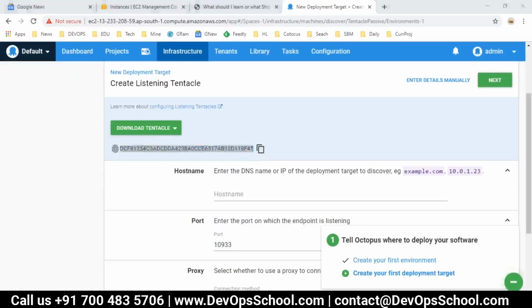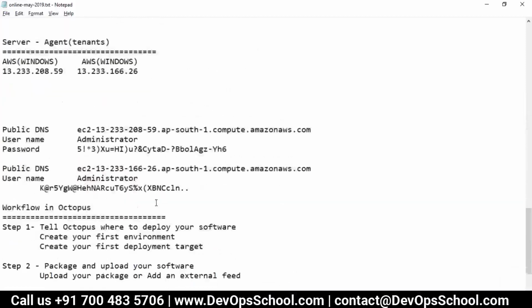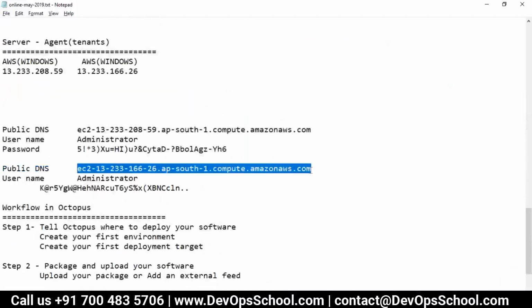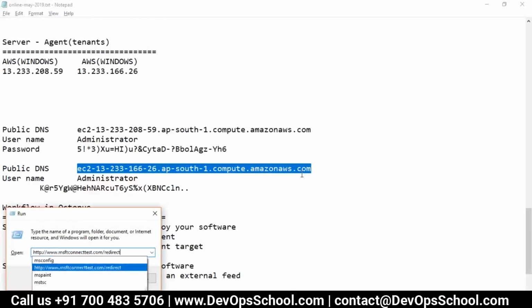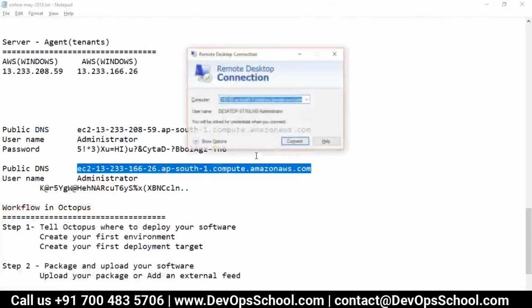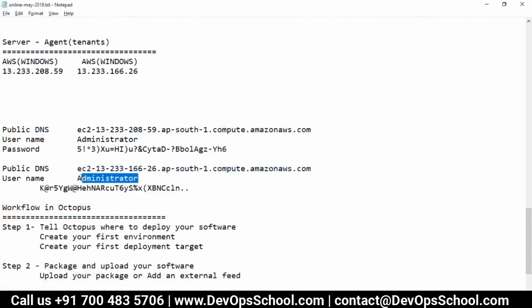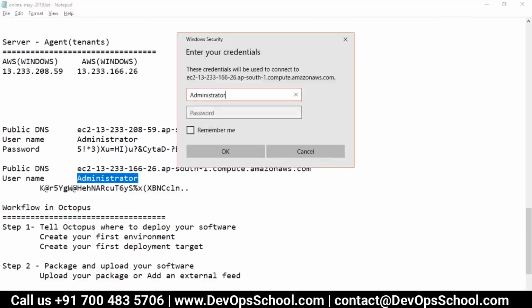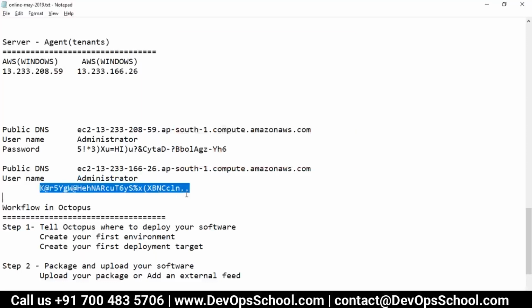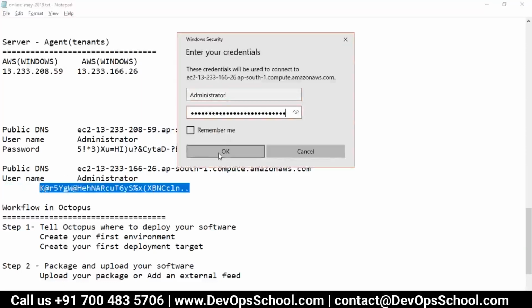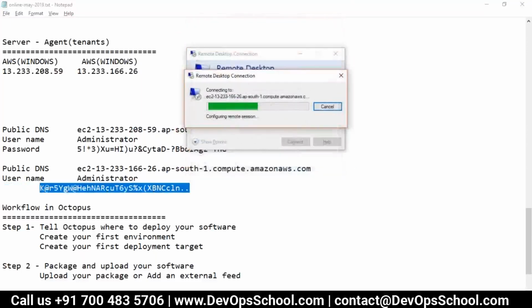So for that, what I will do, because I have servers already ready. So here, these are the tentacles which I wanted to deploy. MSPSC, go to that location, use administrator, and here yes,